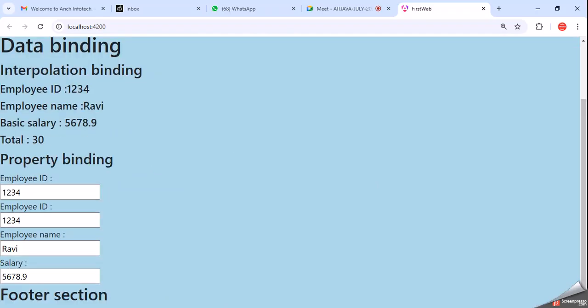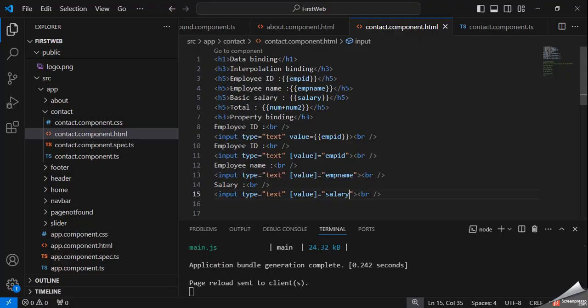Okay, so these are examples of property binding. In property binding, we declare the property in a square bracket, and after that we declare the variables. Through this way we can access the value of the TS file.